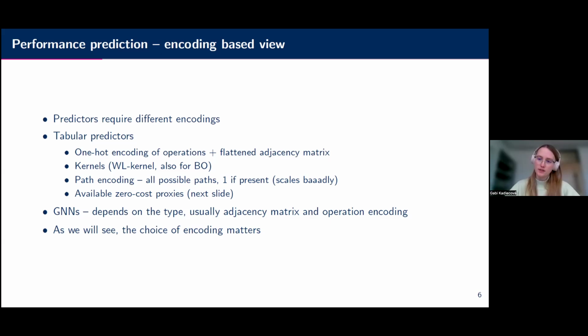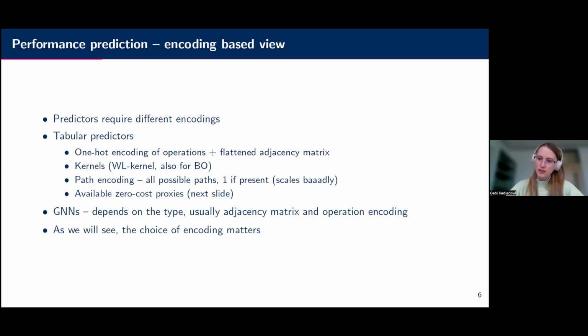Quite often you use tabular performance predictors like random forest, XGBoost, or more like MLPs. And usually the simplest form is to just get a one-hot encoding of operations, plus you flatten the adjacency matrix to just get a long list of zeros and ones, and you put that into a predictor.